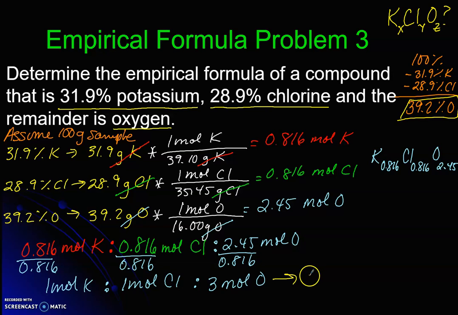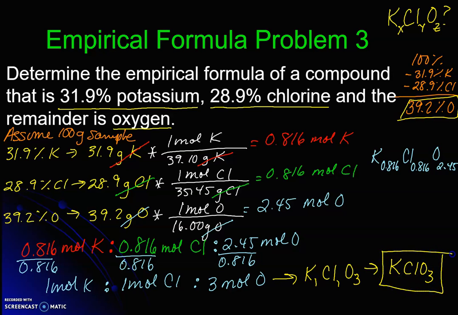So what does that turn into? K1Cl1O3. Clean that up. KClO3. Hey, I know that. That would be potassium chlorate. All right, so that's what these 3 numbers are going to reduce down to so that you get your whole